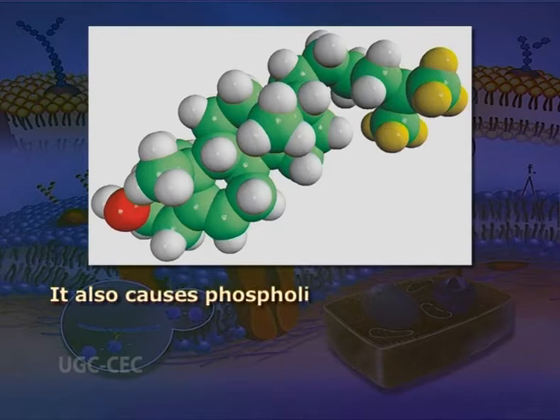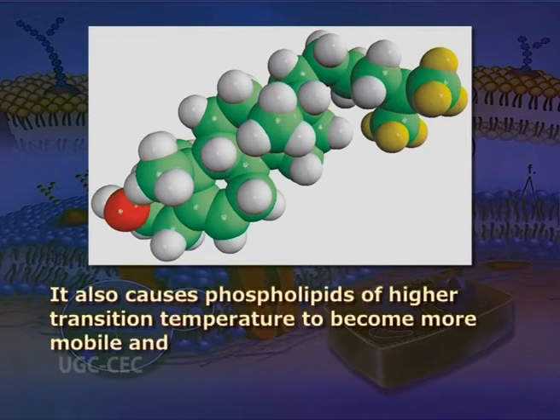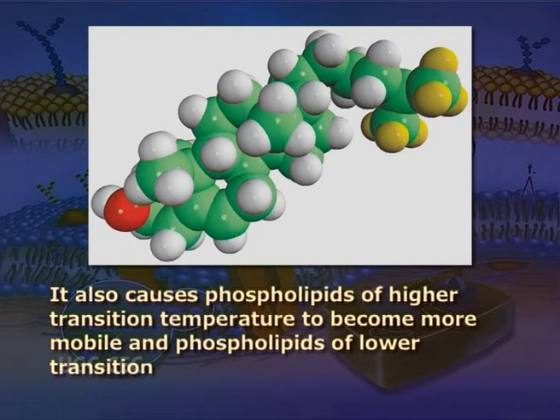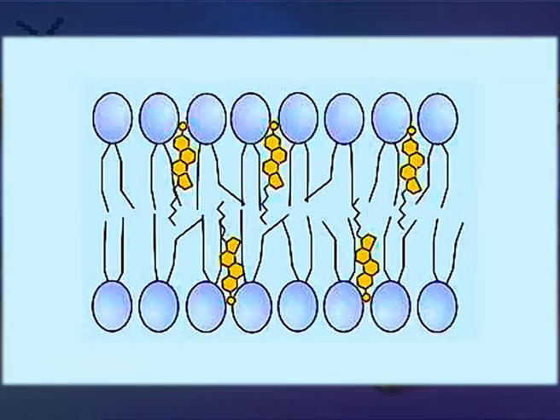It also causes phospholipids of higher transition temperature to become more mobile and phospholipids of lower transition temperature to become less mobile. Its general effect in natural membranes at physiological temperature is to increase the viscosity and restrict the mobility of phospholipids. In addition to its effects on membrane fluidity, cholesterol also decreases the permeability of a lipid bilayer to ions